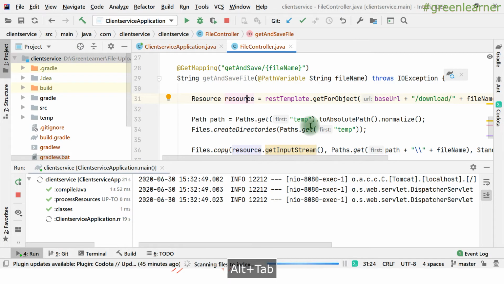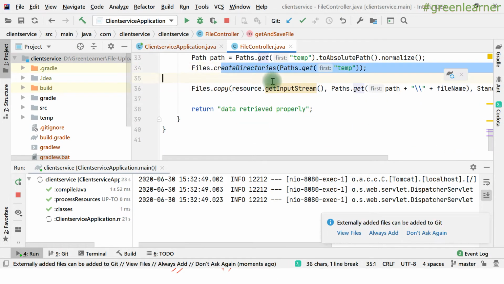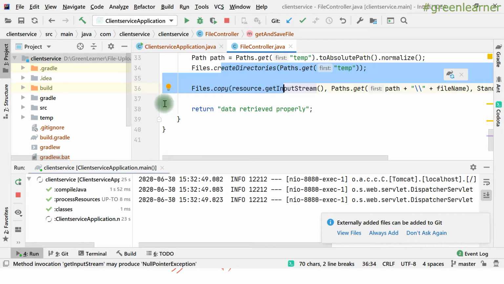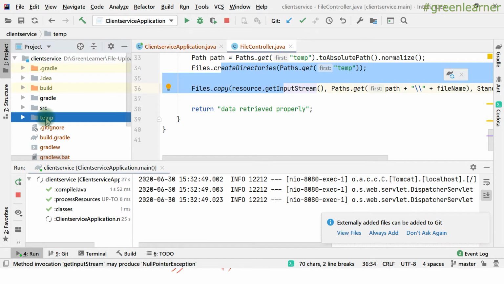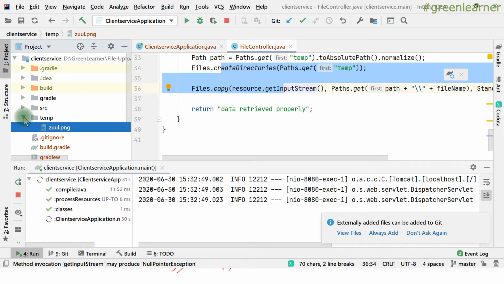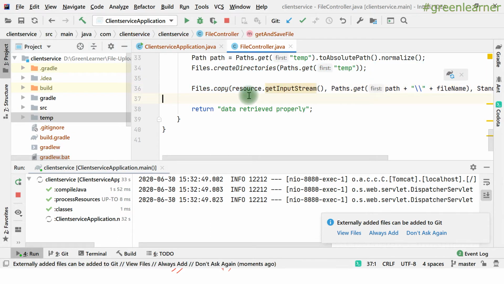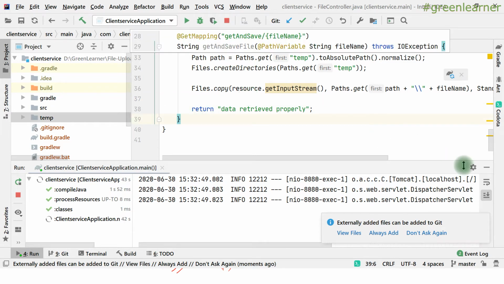So here data retrieved properly, which means we got the response, which means all the things that are there executed properly. So here you see I have the folder now here, and temp joule.png, we got it, right? So now I can retrieve a particular file from the database. Now let's look at the next endpoint, that is uploading a list of files that are at a particular location to the system, right? So